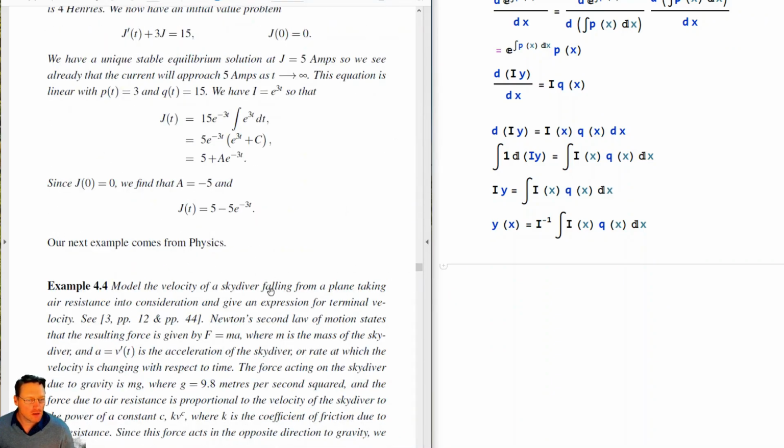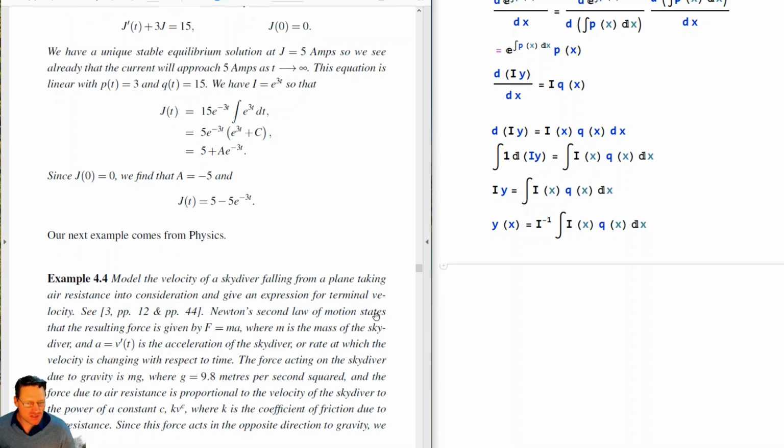Here we go. Okay, so Newton's second law of motion states that the resulting force is given by F equals ma, where m is the mass of the skydiver, a is the rate at which the velocity changes, or the acceleration of the skydiver. The force acting on the skydiver due to gravity is mass times gravity. Let's assume that g is 9.8 meters per second squared,